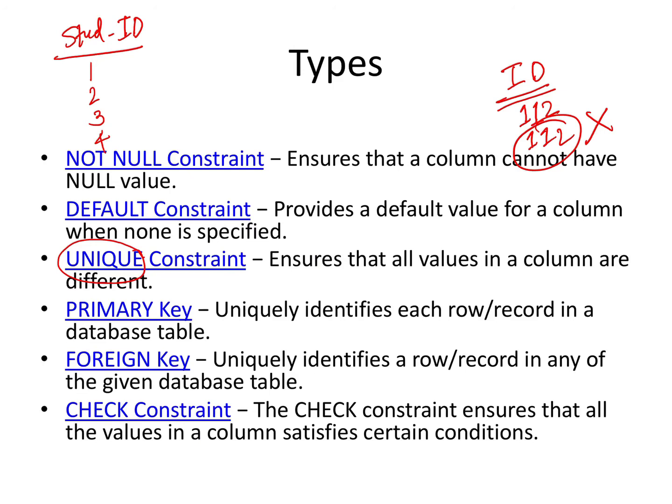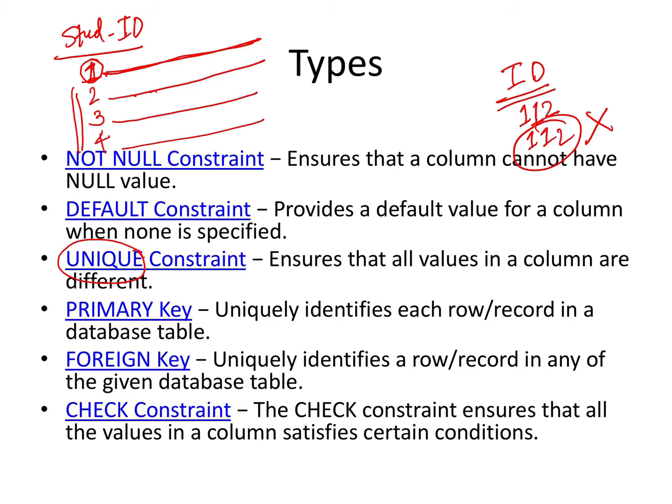Once I fetch a student's record with the student ID 1, that row will be fetched, and definitely there is no other one in the entire column. So student ID 1 refers to that particular row only. I can fetch all the other records with the help of student ID 1, and student ID 2 definitely refers to the second row, student ID 3 to the third, and the fourth, and so on. So this is what is meant by the use of primary key.